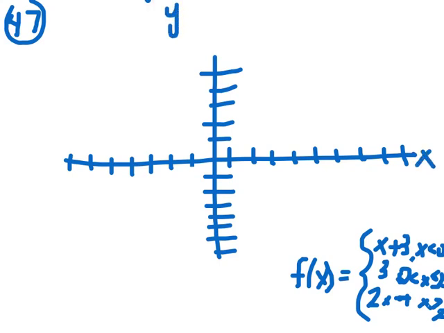I'm going to put the Y up here in case I need to go up further. I may need to, so I'll extend it in case I do. Ooh, that's not good either. Okay, so let's start with the first one. If I have x less than 0, isn't that telling me for all negative numbers, basically, I'm supposed to graph